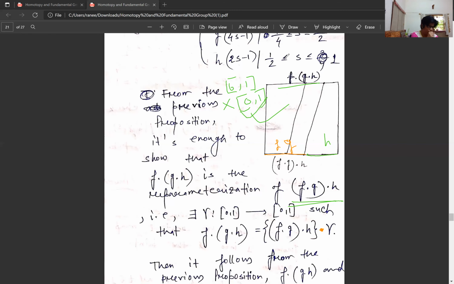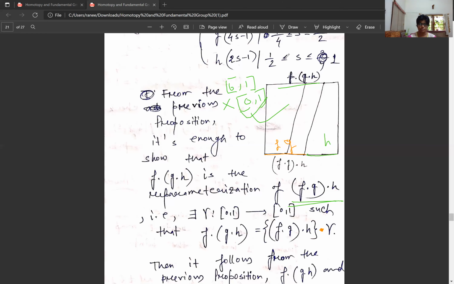And my gamma is a function from [0, 1] to [0, 1]. So I have to see that even though I draw this F, G, H, this is a picture, but this is the underlying picture of what is happening before the reparameterization. After reparameterizing, they will no more be straight lines, right? They will be something else. Okay, so look at the straight line.